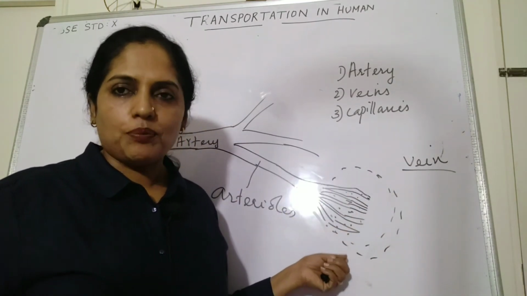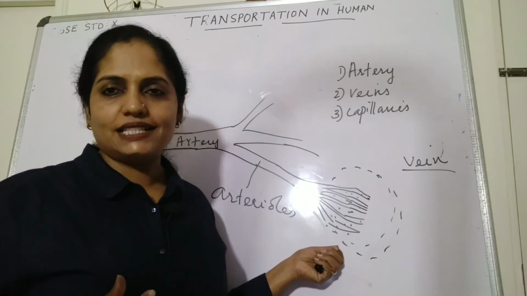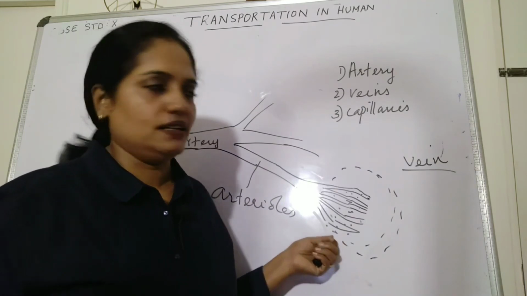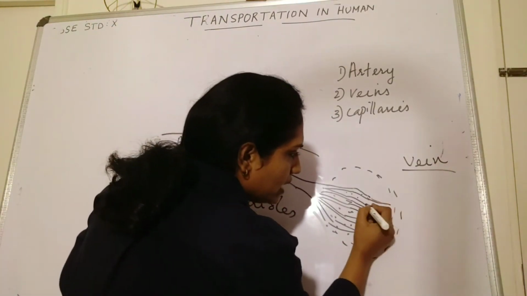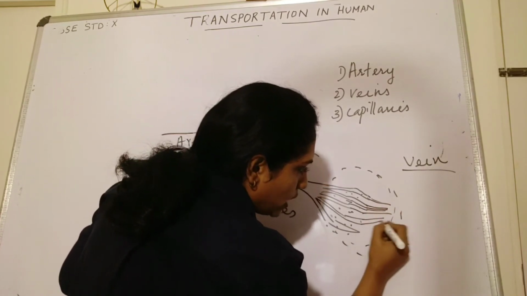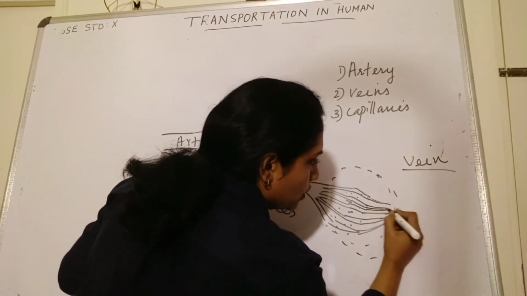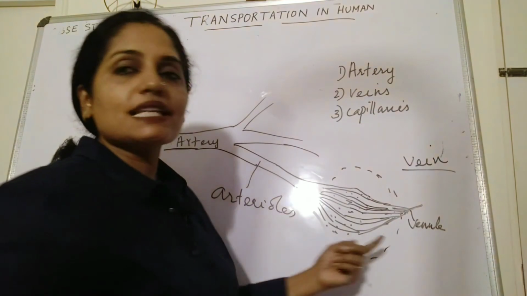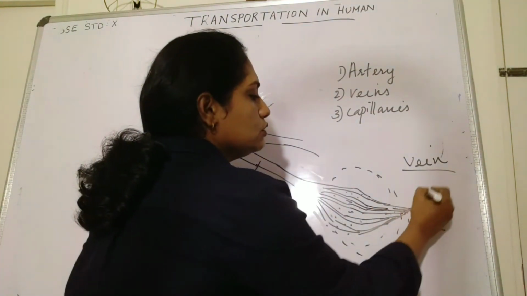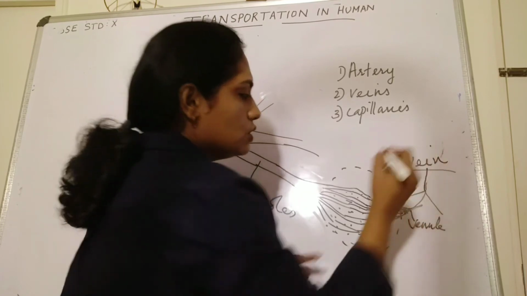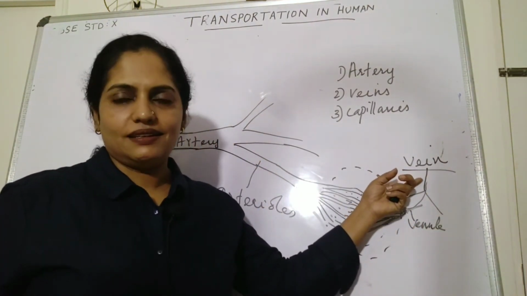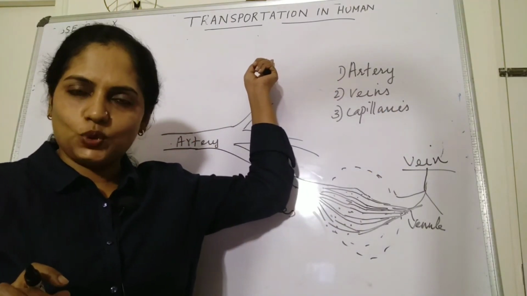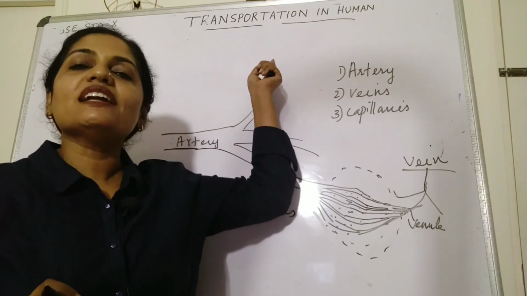These tissues absorb oxygen from the oxygenated blood, and as a result the blood converts into deoxygenated blood, and from here many small capillaries join together to form a venule. Many such venules join together to form a vein. These veins carry blood towards the right atrium through the superior and inferior vena cava.